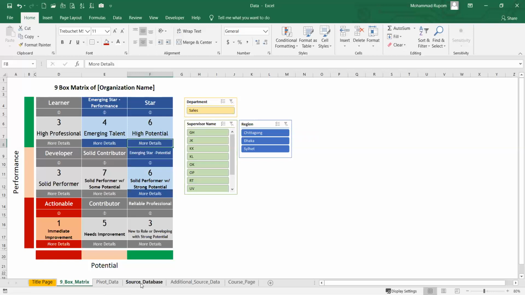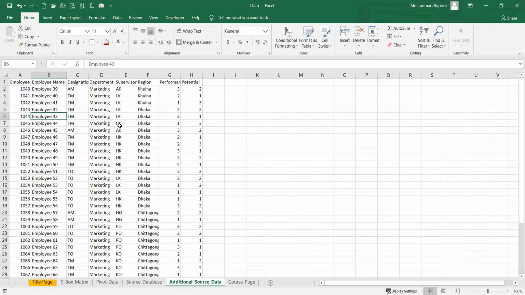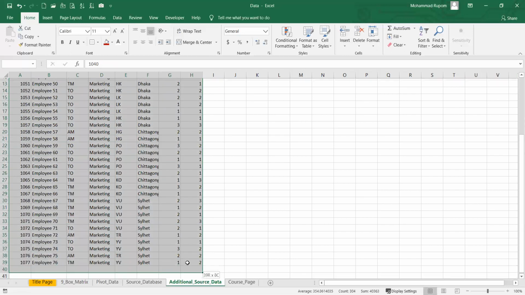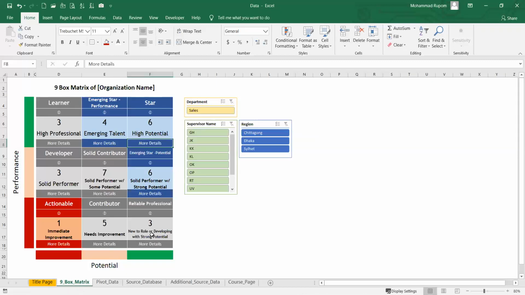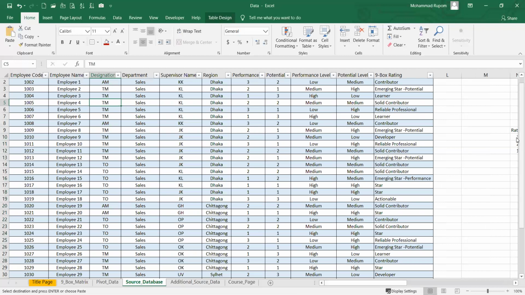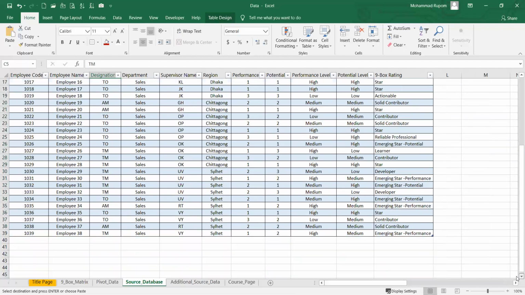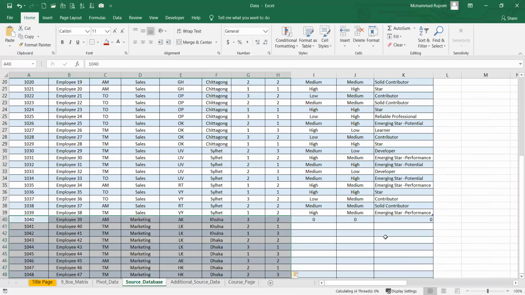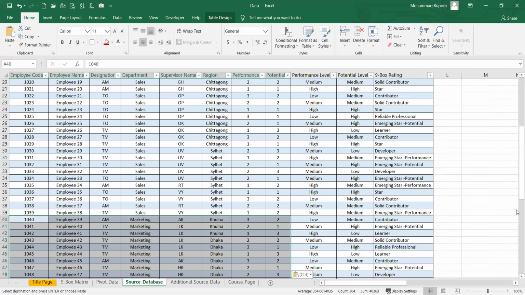So I will add additional source data to my source database, okay? Remember, we had 38 employees, and these are the numbers in every criteria. Just have a close look at this. What I will do is simply copy this data, go to my source database, go to the bottom of my table and simply Control V, paste. As you can see, all the formulas are there and the